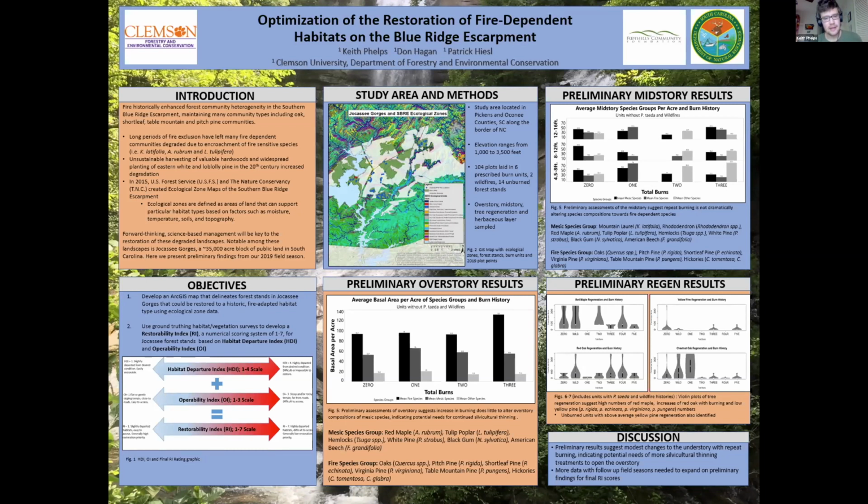And we want to combine that with some operability indices, which would essentially be how difficult it is to harvest in stands, to create a final scale of 1 to 7 for ultimate restoration prioritization. So 1 would be a good area to restore, and 7 would be not so good. To do this, besides GIS work, we also conducted habitat surveys, and will be doing that in the summer